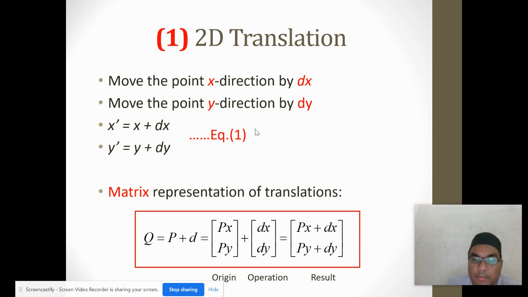This is equation number 1 that you have to remember. Beware, during the test we will not provide you the equation because it's very simple, so you need to remember it. This is in terms of matrix representation, where you have the origin, the operation,